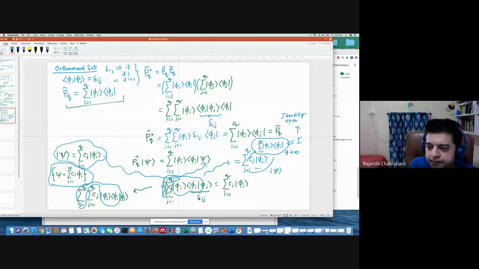Why? This is called the identity operator. And the way to write this is as follows. I put just I there, sum over ket phi I, bra phi I. And this is called